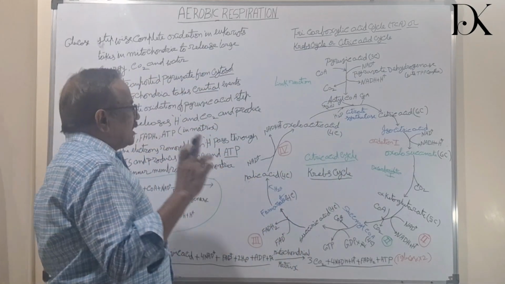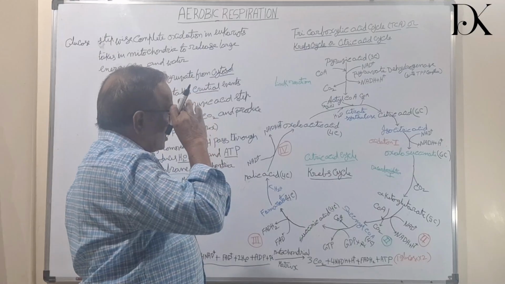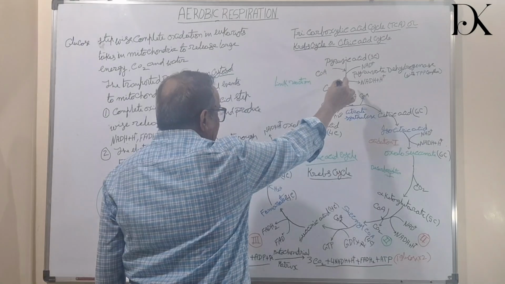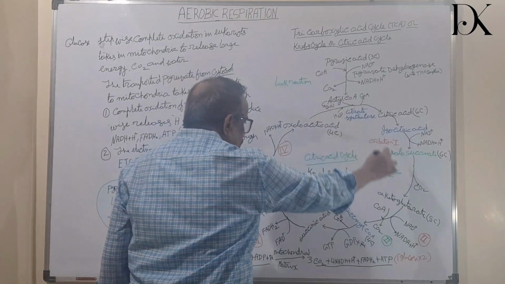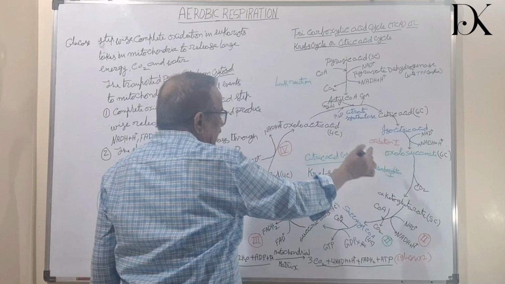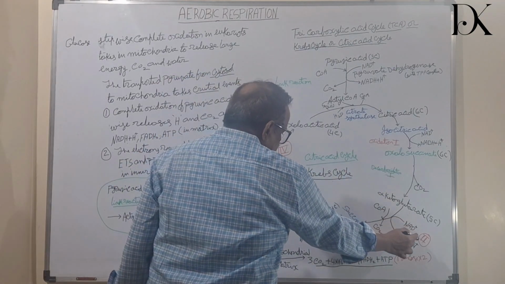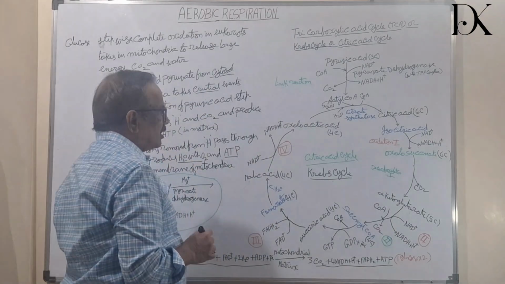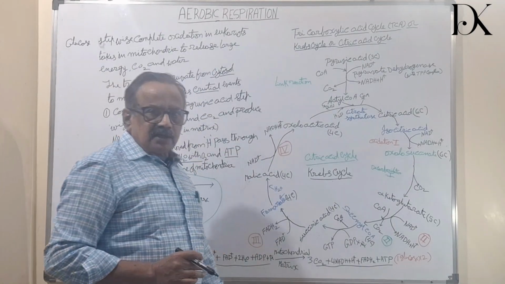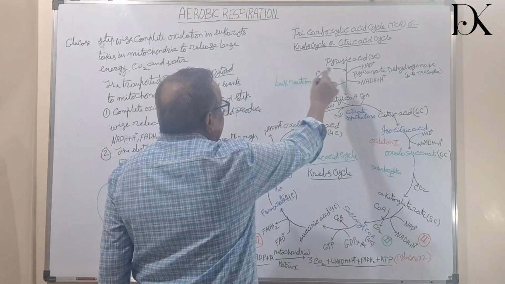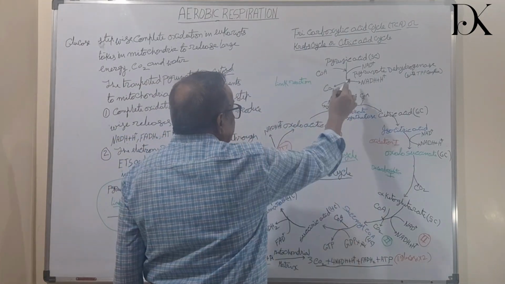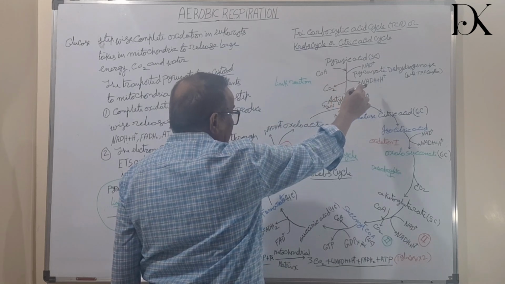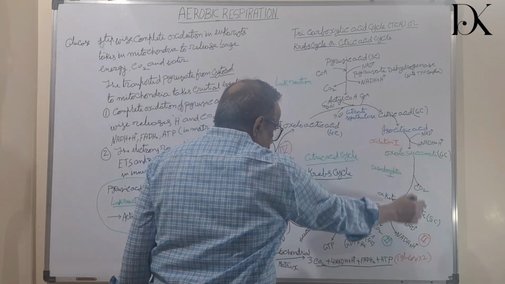Now, in the matrix, how many oxidations are taking place? You will ask. One oxidation will be here in the link reaction, and 4 oxidations in the Krebs cycle. First oxidation, second oxidation, third oxidation, and fourth oxidation. In these 4 oxidations, from one pyruvic acid in the matrix, one NAD plus becomes NADH plus, then 2, 3,